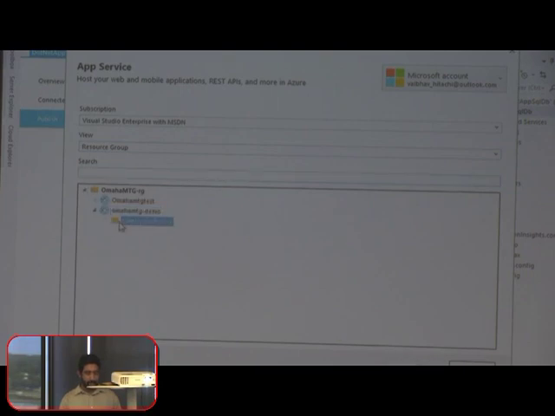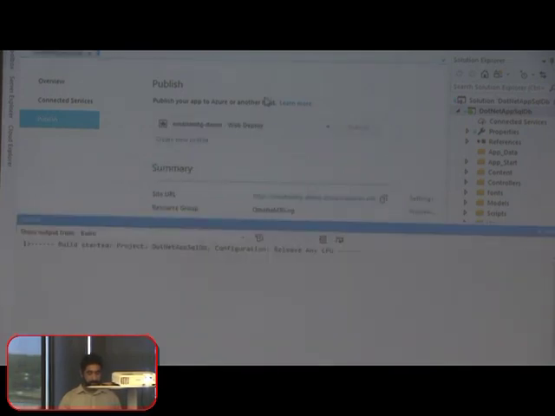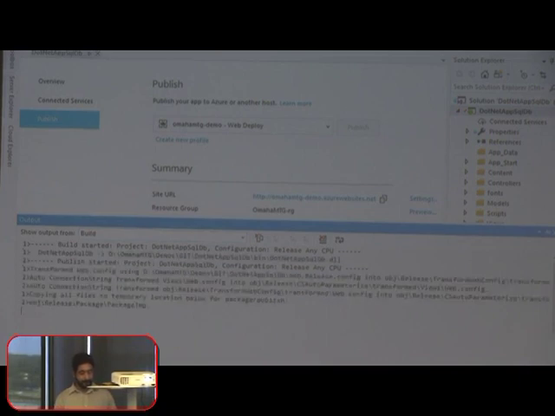So you are seeing here the deployment slots. As of now, this was the blank placeholder I created earlier, but I can create different slots here and I can choose which slot I want to deploy it into. I will select the website. Since there is no other slot, this is the first time I am deploying this, so that's why it's not giving me an option to select any particular slot. By the time it gets deployed,